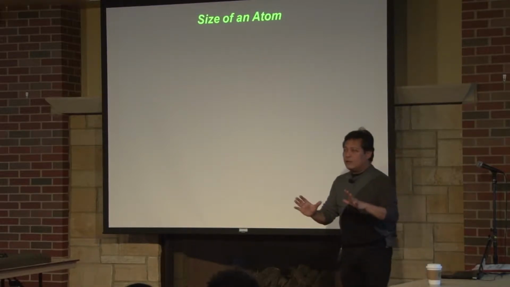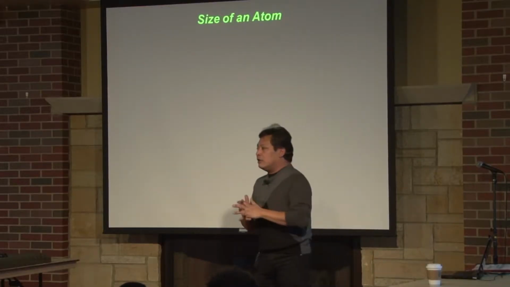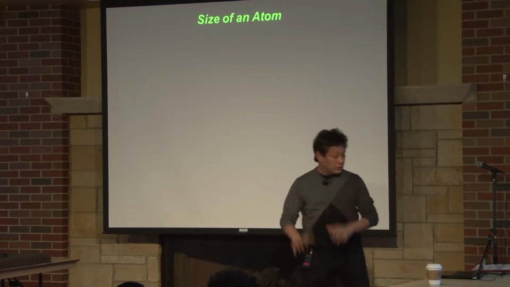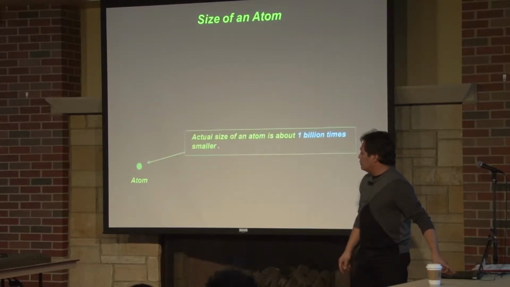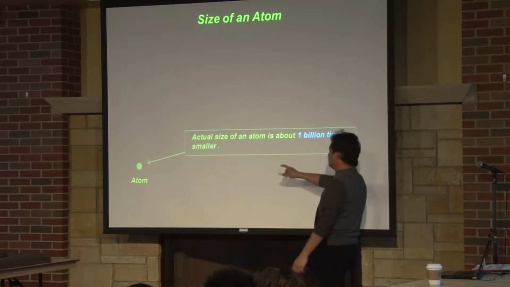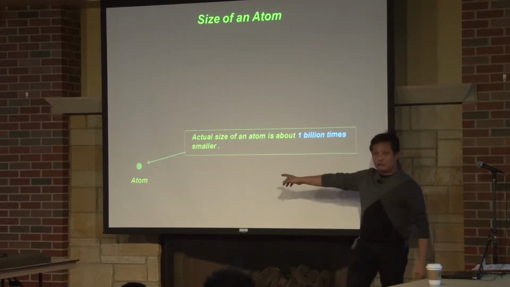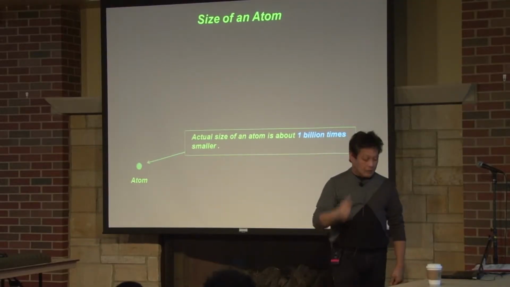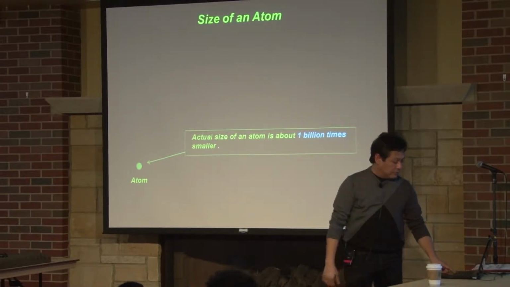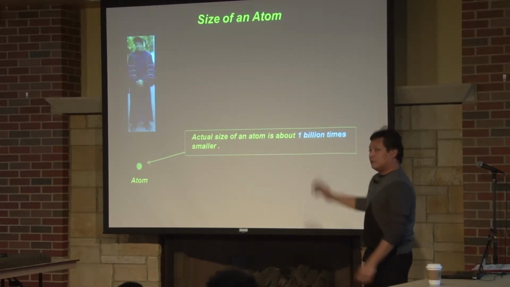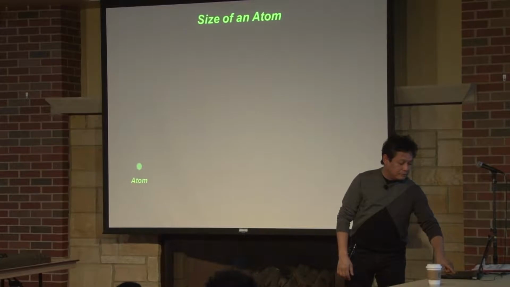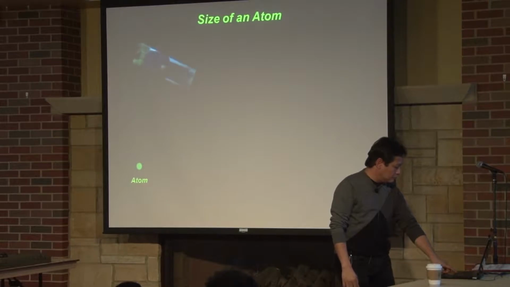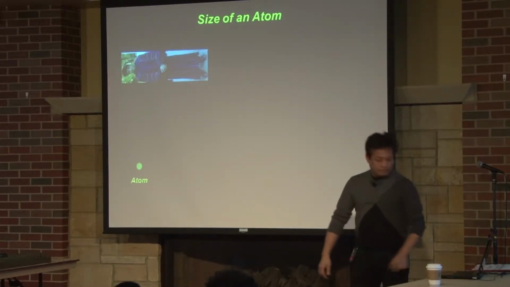So now, before I continue how to play with the atoms, let me establish the size, just for you to understand, okay? So, you see that little dot? Suppose this is the atom. The actual size is about 1 billion times smaller than what you see on the screen, the projection. Now, that's me, a little different dress during the convocation. Let's do it this way. It's better this way. Okay, that's a little better.